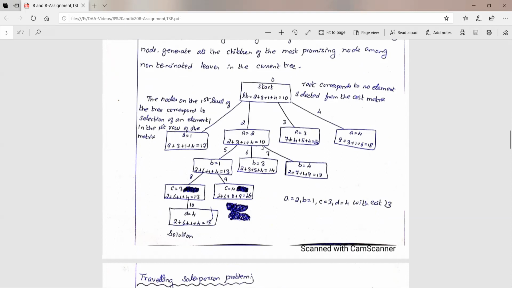So now we have to consider this particular node. So now you consider this will be the promising node. So now you see the lower bound value. The lower bound value is not lesser than this particular bound value. So now this one is fixed. Now the person A is doing the job 2. So now we assign the job 2 to the person A, that is fixed. So now we have to consider for person B which job, person C which job, and person D which job. So now we have to take the person B.